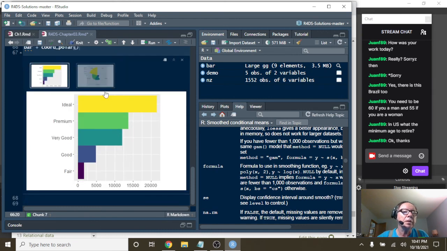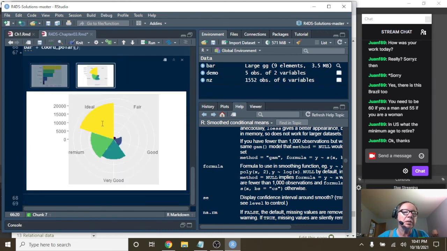To me, this is easier to understand than this. Although obviously, you know what this is? This is a bar plot. This is a pie plot. The only difference is the slices are different sizes. It's a variation in